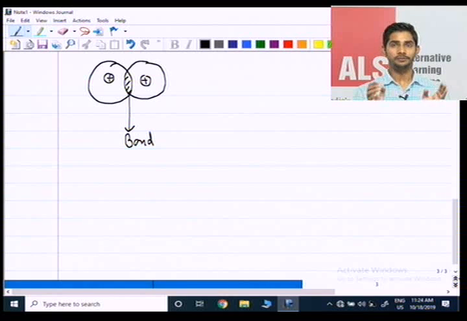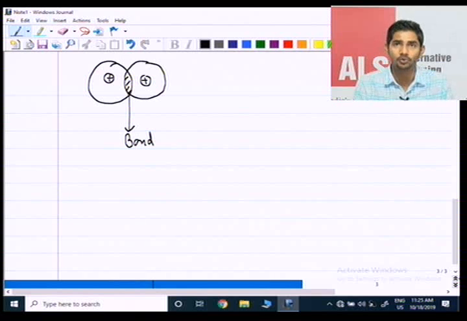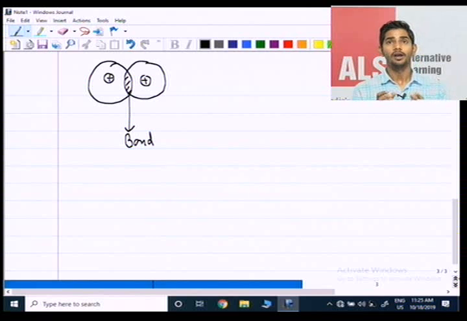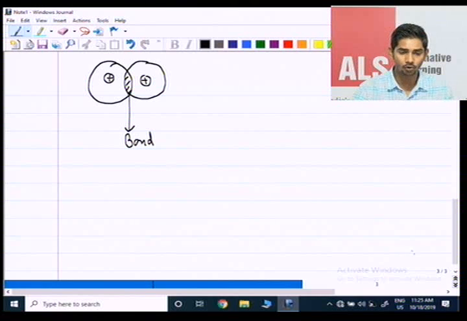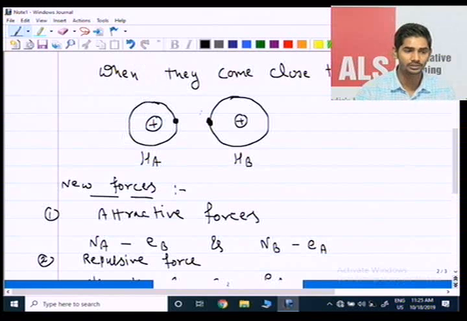Okay, if this condition is satisfied, they will overlap with each other, and the whole overlapping region will be known as your chemical bond. Higher is the extent of overlapping, stronger will be the bond. Okay, I'm saying that higher is the overlapping region, stronger will be the bond. Important thing is up to how much region will they overlap. Okay, guys, when I was talking about the attractive forces as well as repulsive forces,